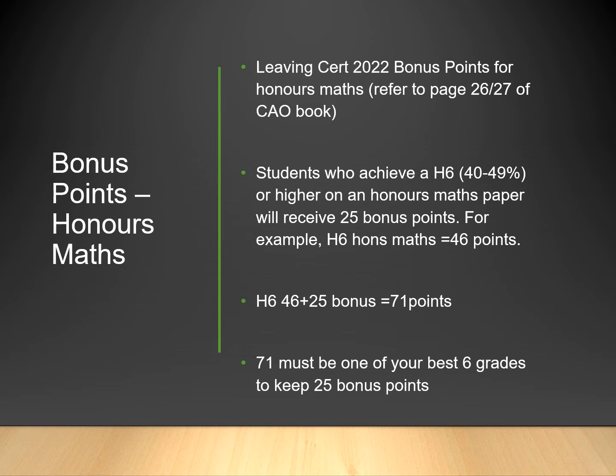Students who achieve a H6, in other words, they pass the Honours Maths, getting 40% or more, 40 to 49% or higher on an Honours Maths paper, will receive 25 bonus points. So for example, a H6 in Honours Maths is 46 points. So therefore it's 46 plus the 25 gives a total of 71. But the last bullet point is very important. The 71 must be one of your best 6 grades